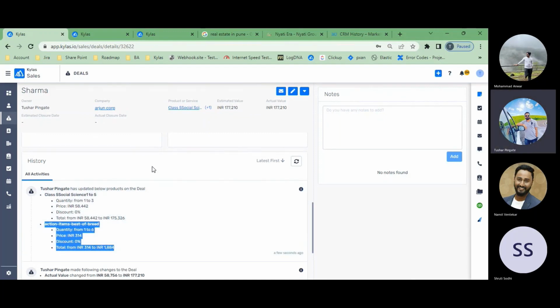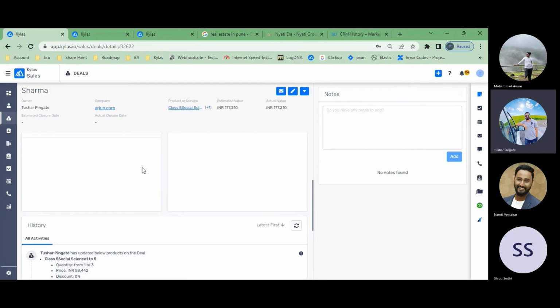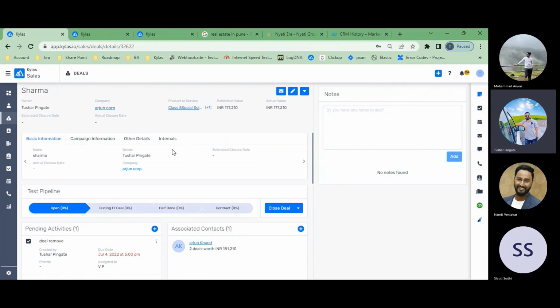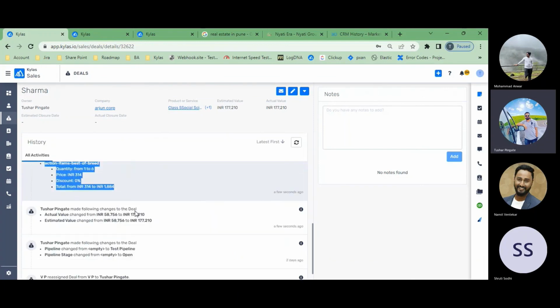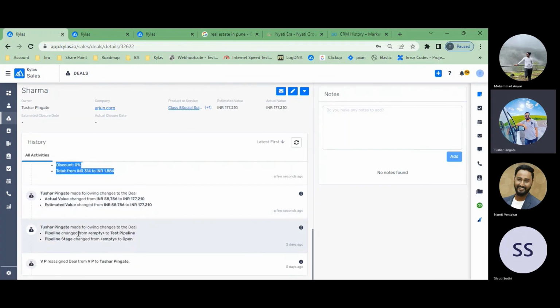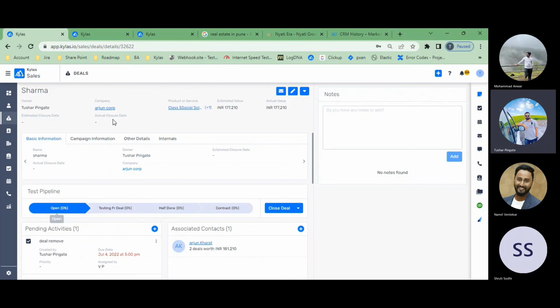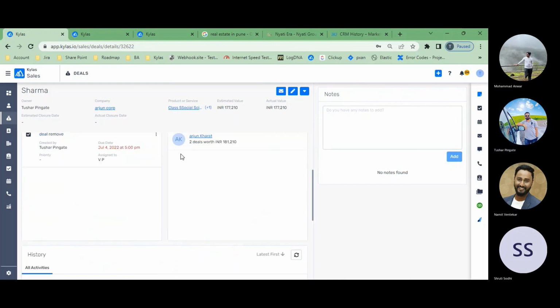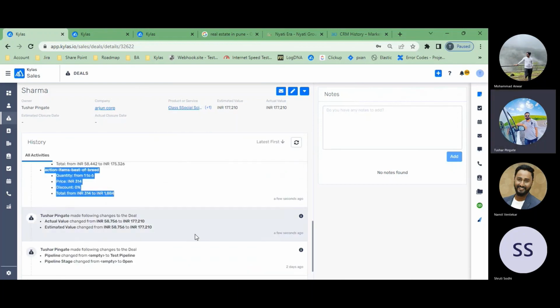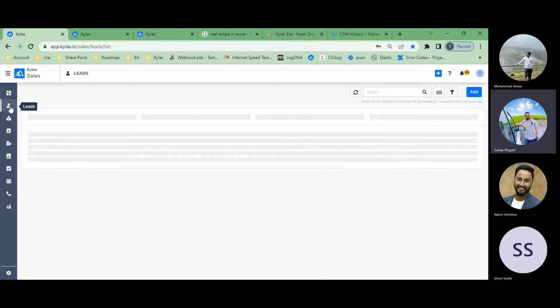Okay, so this way whatever actions you are performing on any record, you will get to know and you can track all the activities. Or let's say you can see 2 days ago this deal was in an open stage. If it's still in an open stage, you can ask your executives why, and what is the challenge to move this deal to the next stage, right? So this way you can track all your records and the challenges that your executives are facing,